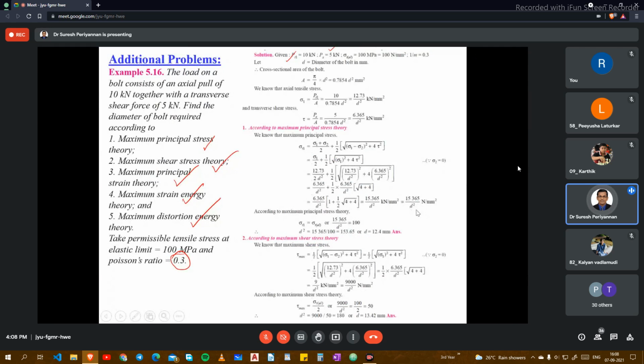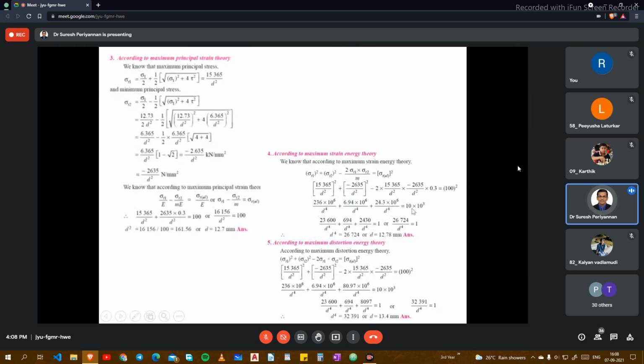15,365 divided by d square, same value you are getting here. Okay, no problem. Now this is our minimum maximum principal stress theory. We need both values, sigma 1 maximum principal stress and minimum principal stress. When you substitute the values we obtained, sigma 1 and tau value, finally we are going to